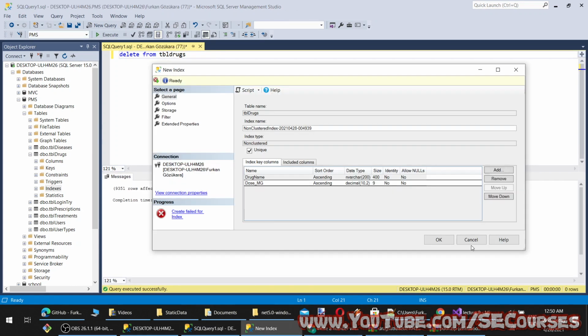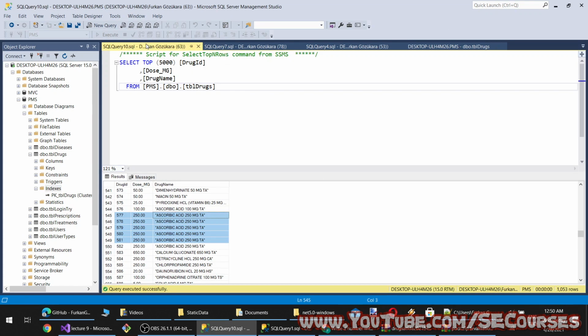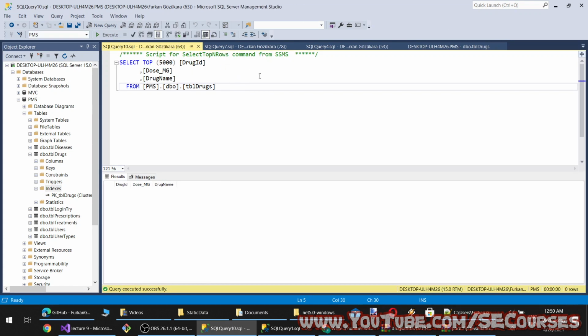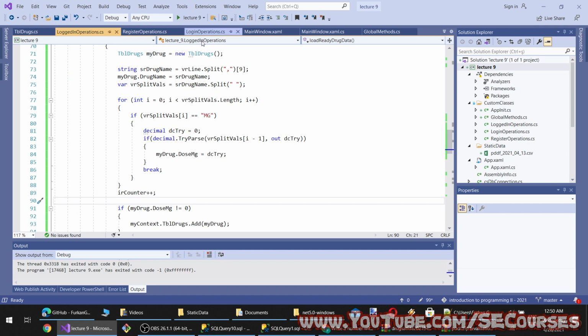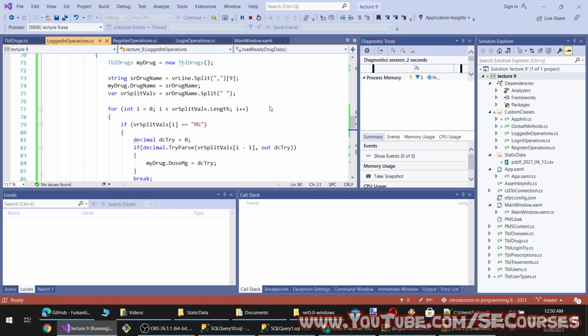Okay, and now it will be successful. However, now when I try to add with the usual method, I think I will get errors. I'm not sure if Entity Framework will handle that or not. So let's see.